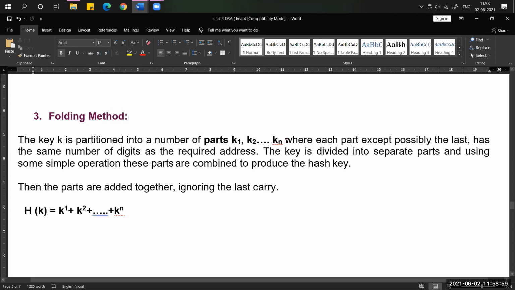It's your decision how to divide into parts; depending on the size of the table, you need to divide into parts.